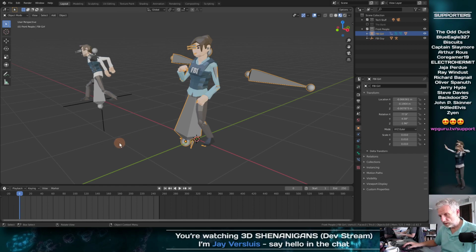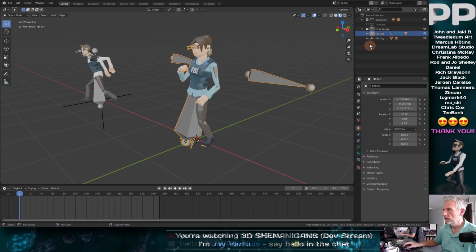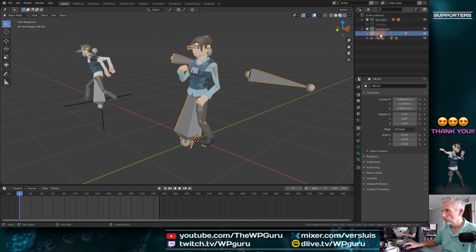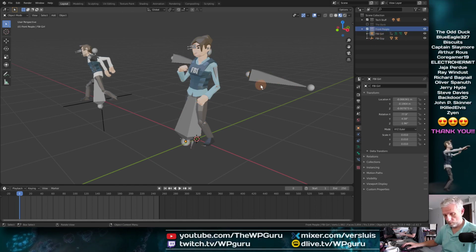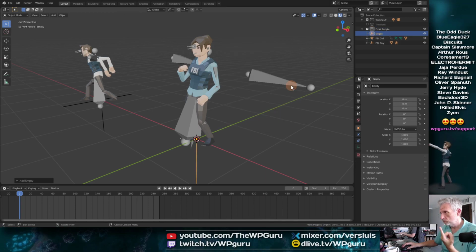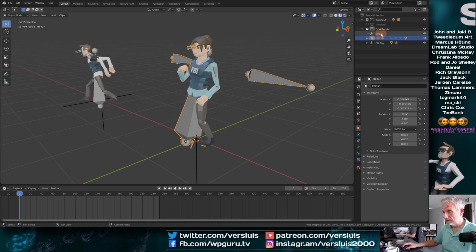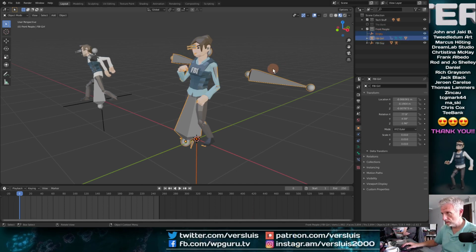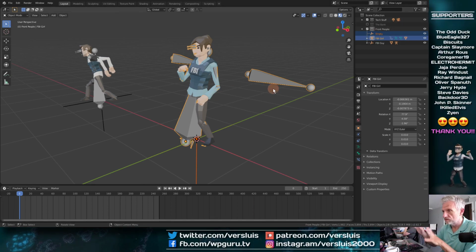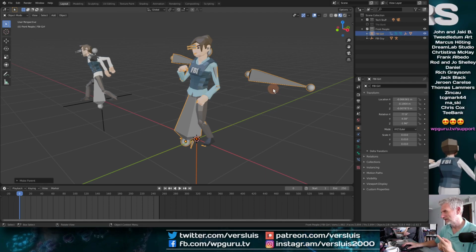So now these guys are a little bit far apart from one another. So I think I'm going to do exactly the same as what I did with this guy. I'm going to give her her own empty. Shift A, empty plane axis. Boom, I like it. Select FBI girl, then select the empty, then make sure you don't hover over that, obviously, otherwise it turns into a whole different application. Then you go Control P, and then you select Objects.